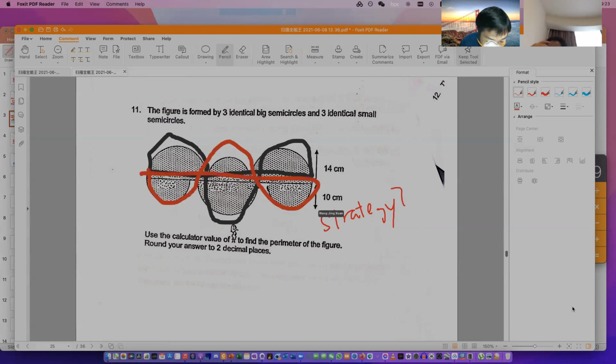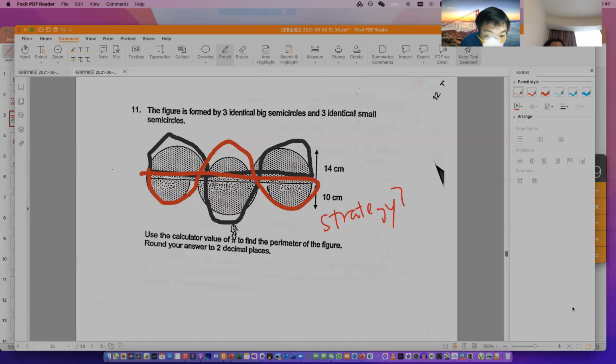Three of the small semicircles become 1.5 of a small circle. Yes. So you need to add. Yep, please put it outside. Yep, thanks. So 14 times 2 times